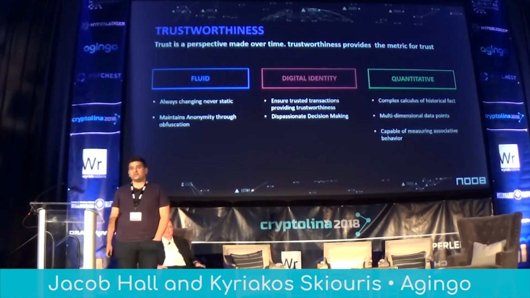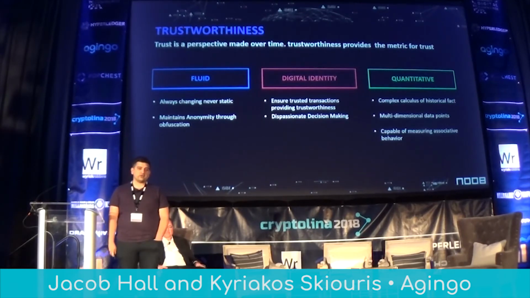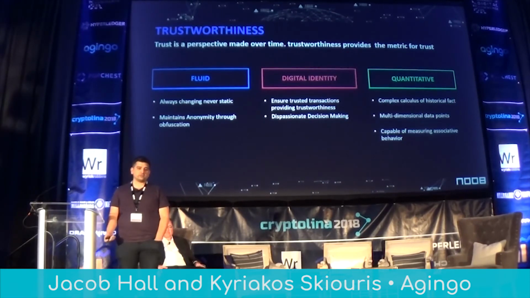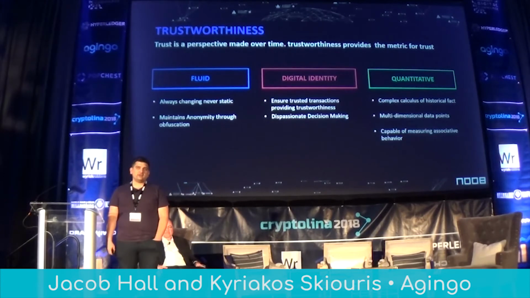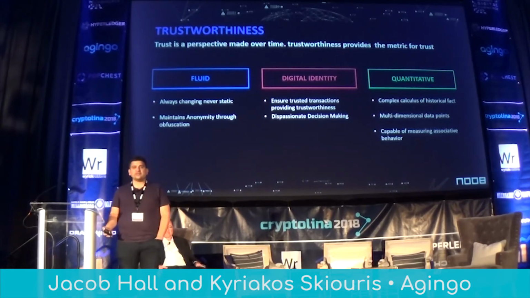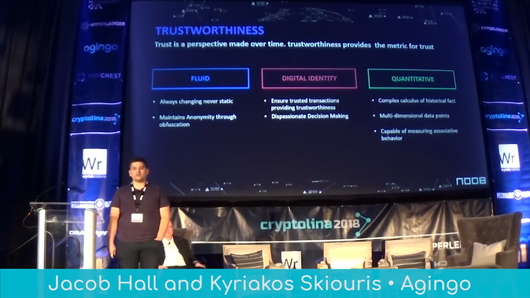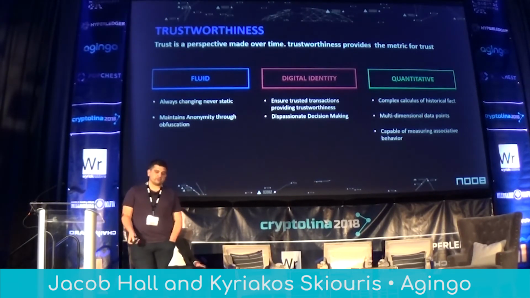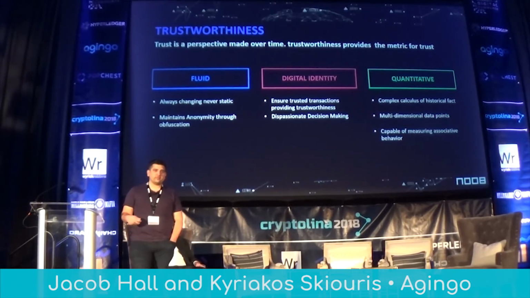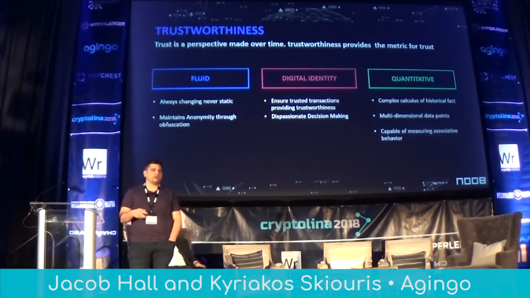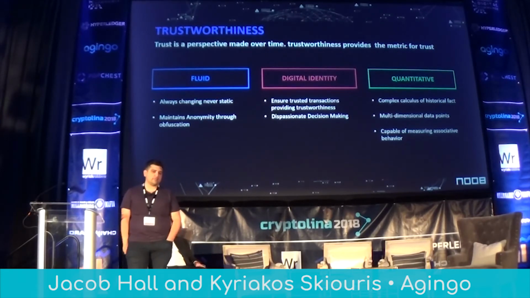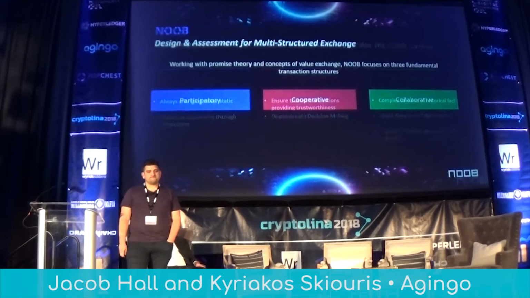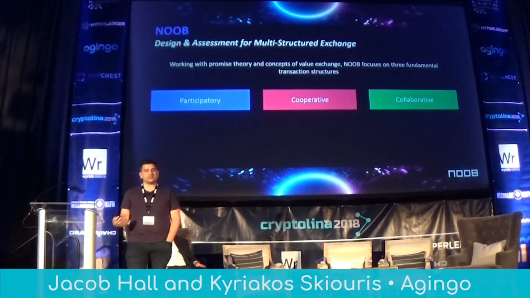Digital identity, this is a good starting point for where you're able to actually look at your personal identity and how you make and do things. And then it's all quantitative, the way that we do it, which I mentioned earlier. It's not just simple, like, did you do it, did you not do it? There's a lot more math behind it. All right, so the 3 transaction types.